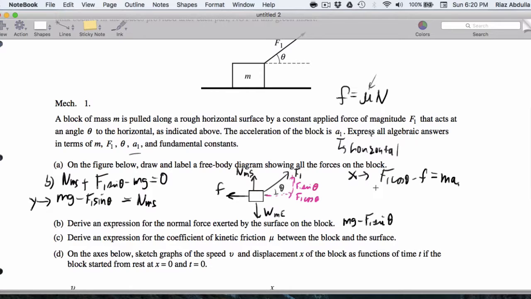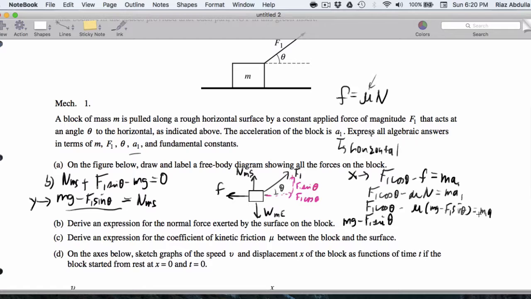So we have F1 cosine theta minus F equals m times a1, and here that's going to be F1 cosine theta minus mu times the normal force is m a1. But we solve for the normal force right here. So we have F1 cos theta minus mu times (mg minus F1 sine theta)